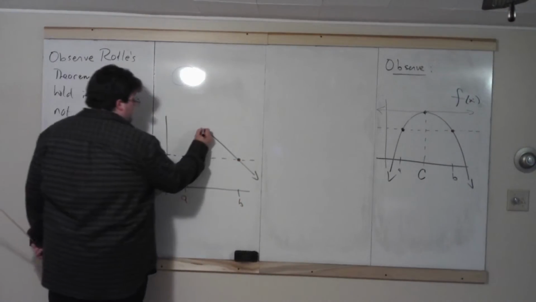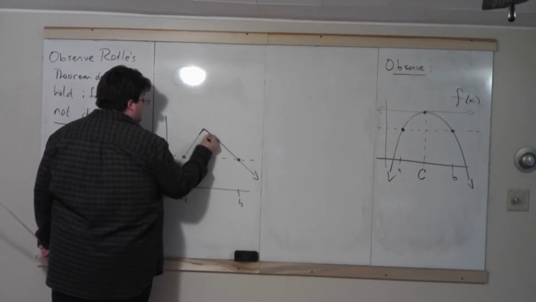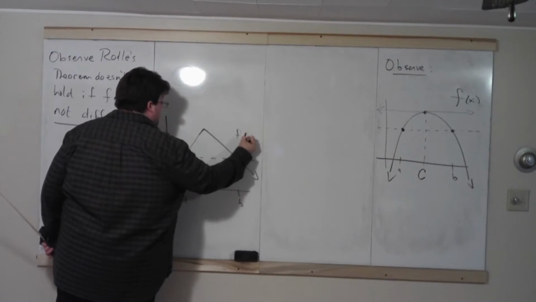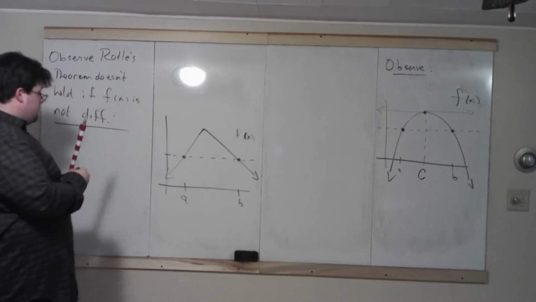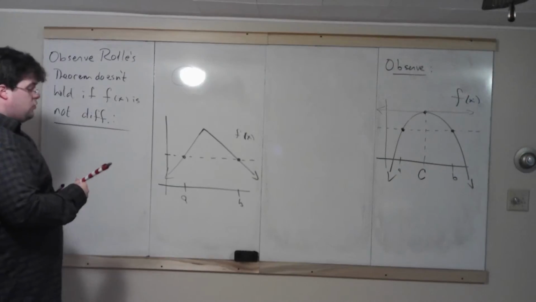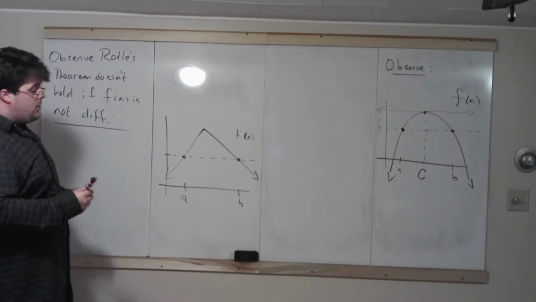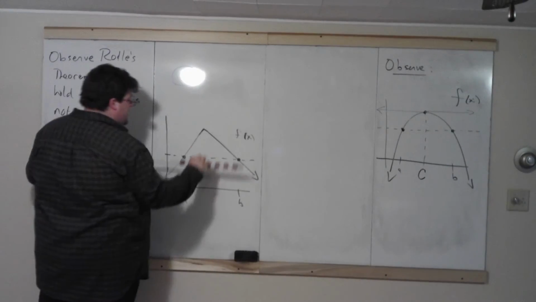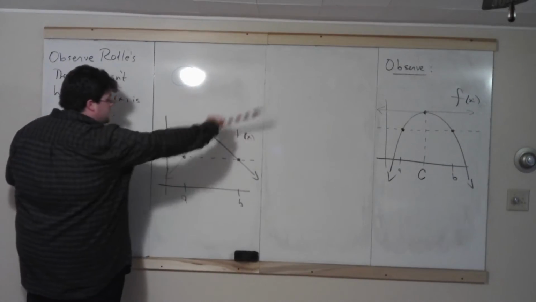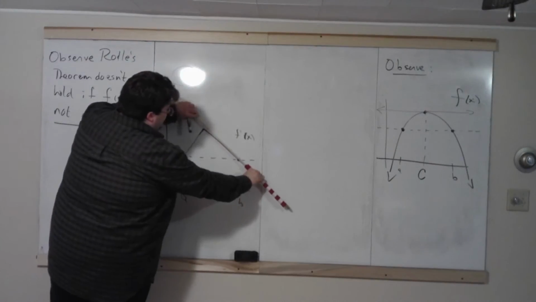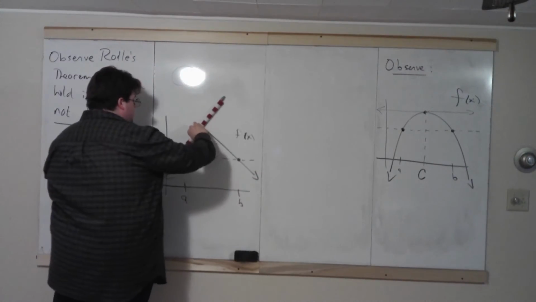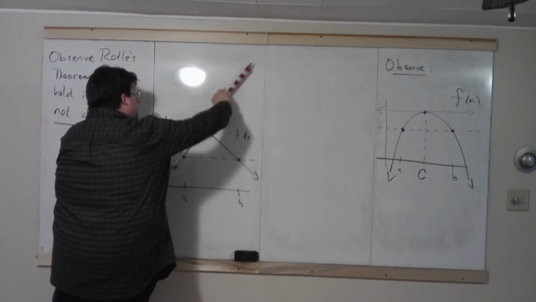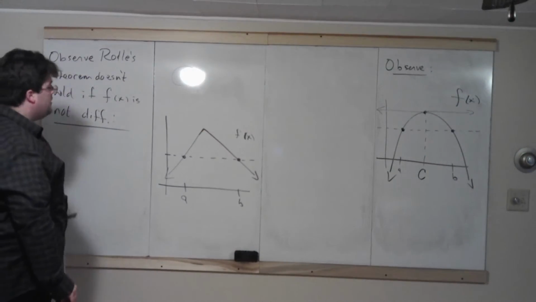We have a corner up here now. A corner, remember the derivative doesn't exist there. So there's f of x, not f prime. Rolle's theorem doesn't hold. Why does it not hold? Why is there no value inside a to b where the derivative is 0? Well, there's no horizontal tangent. The derivative at the corner doesn't exist. Derivative over here, we have all these positive numbers. Derivative over here, derivative over here, all these negative numbers. Derivative over here, all these positive numbers. So there's no,